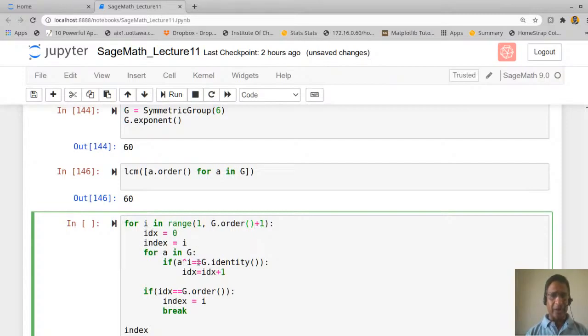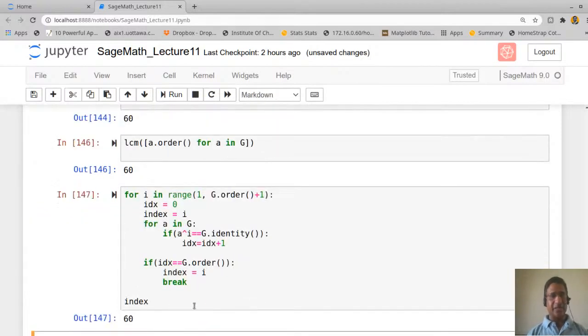In case a to the power index is equal to the identity element for every a in G, then you break. So the first time when the order of every element becomes I, that particular I you want to catch. So this loop is broken after the index reaches that value. So let us run this and print what the index is.